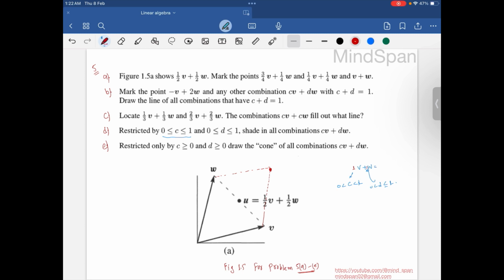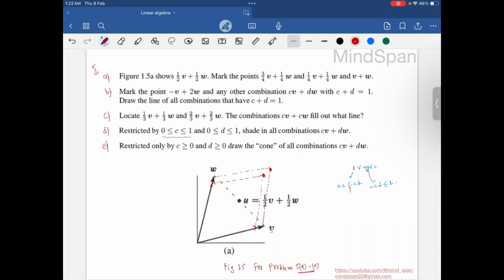Since you are taking some C that is less than 1 and greater than 0, let's suppose you have taken this point, so this vector is from W, and this vector maybe from V. Now you add these two, so again you will have this parallel to this and this one. So what point will you get? This one,